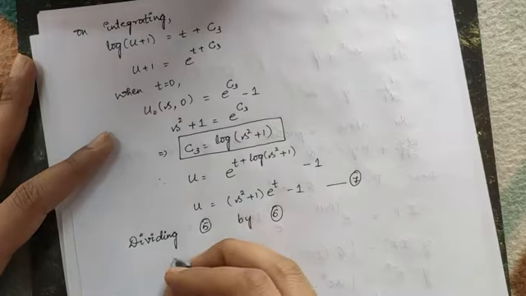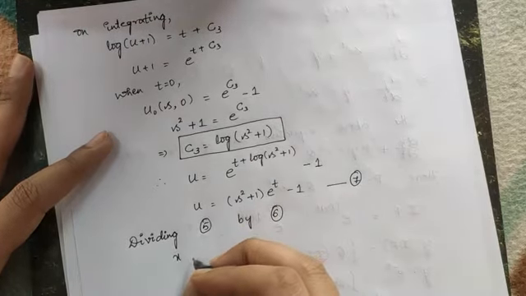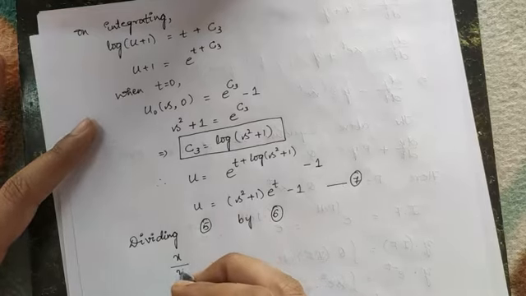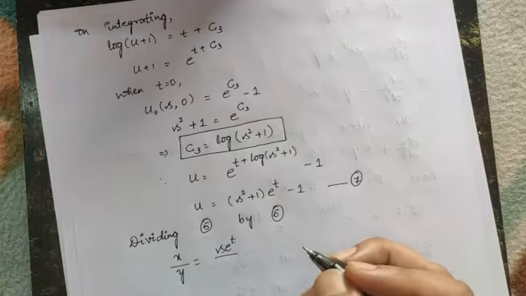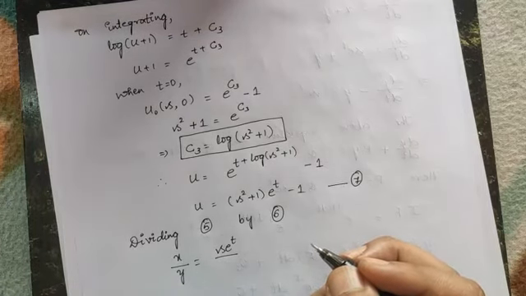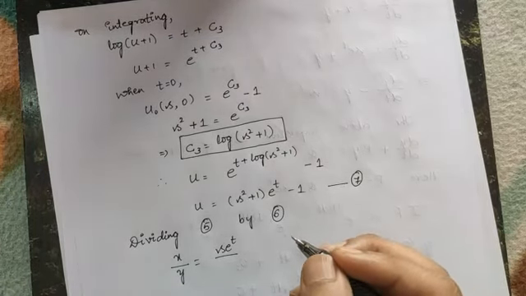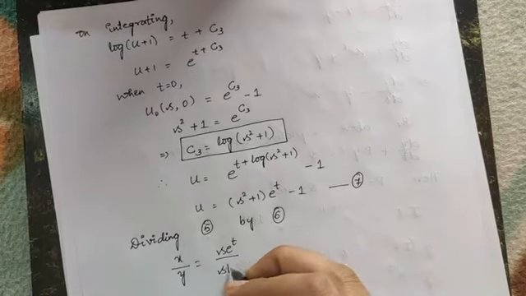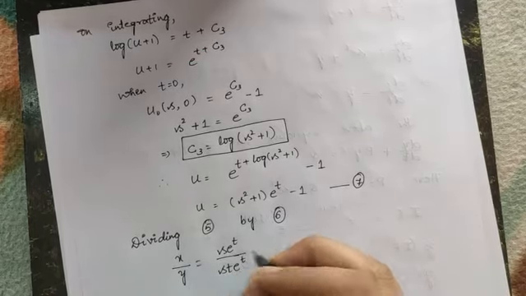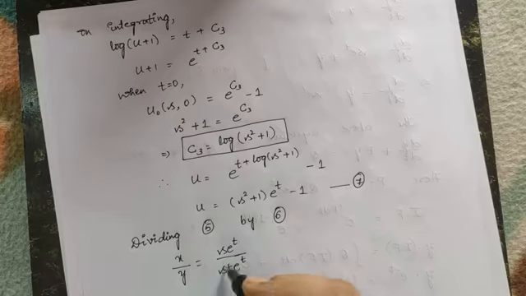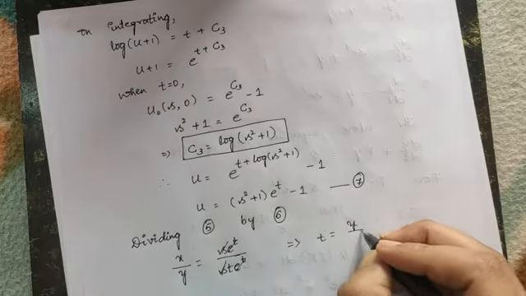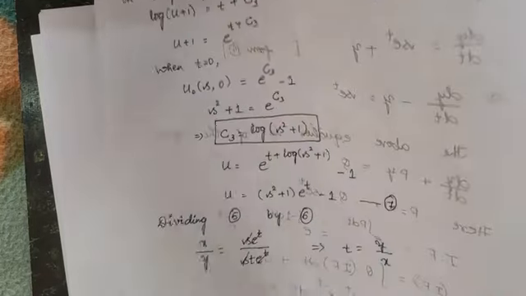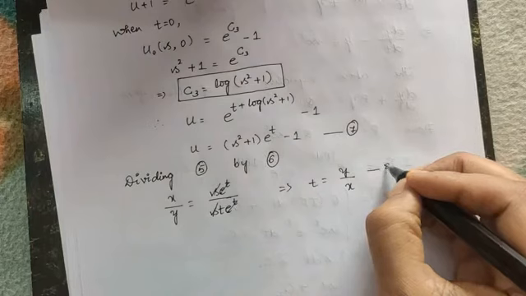So your equation 5 is x is equal to s into e power t. x by y is equal to s into e power t divided by s t into e power t. This is your equation number 6. Okay, so s gets cancelled, e power t gets cancelled. You will get t is equal to y by x. Call this equation number 8.